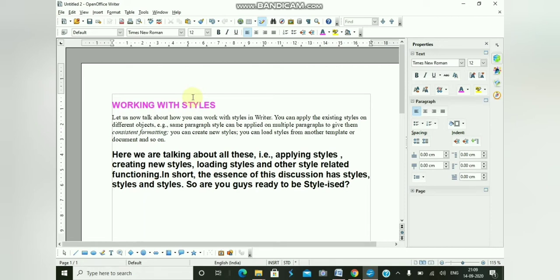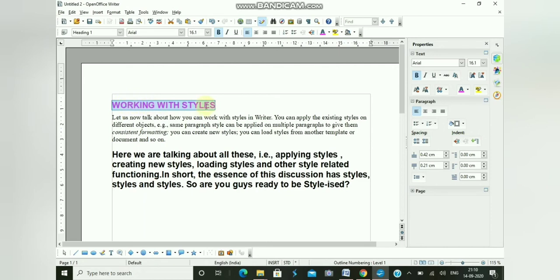That means any formatting, say font size or style, can be copied from one particular selected text to different text or paragraphs in a document, or from one document to another. To use the format painter, here we have a different style, font color, and size of text used in this selected text.